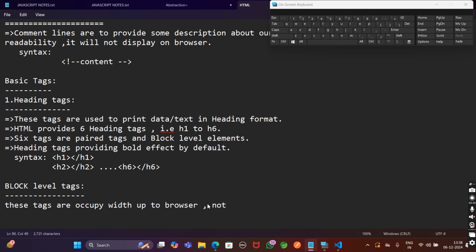Okay, not like text width. Okay, and next, by default block level tags will provide spaces